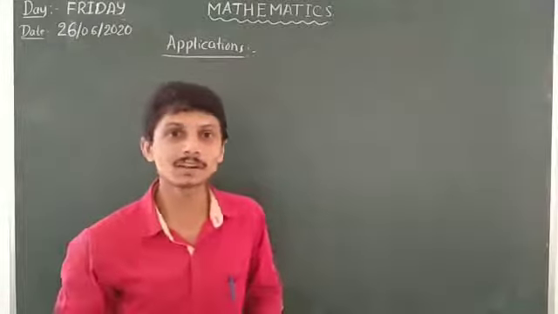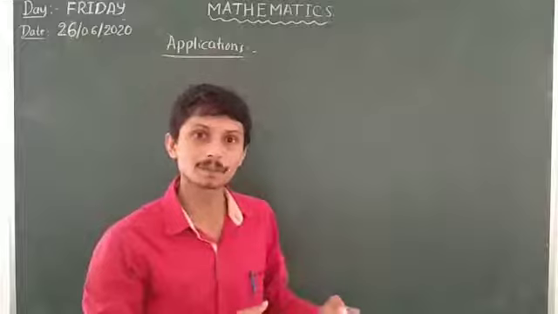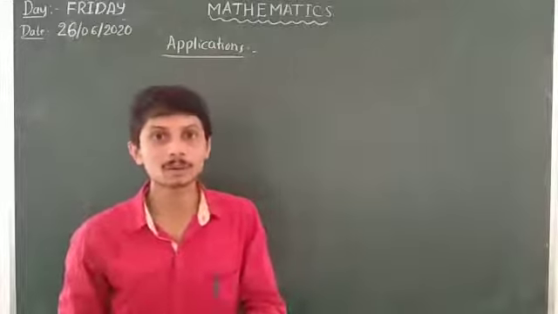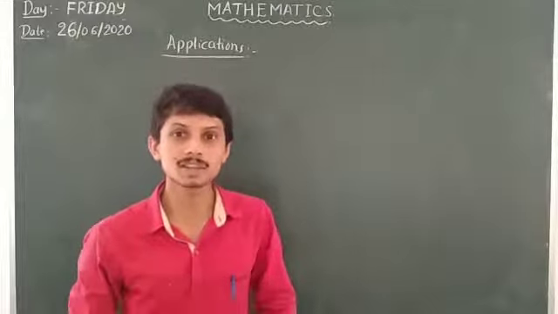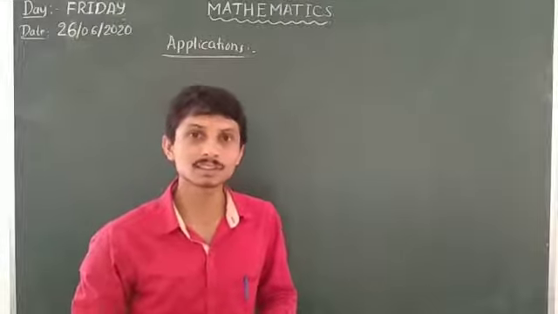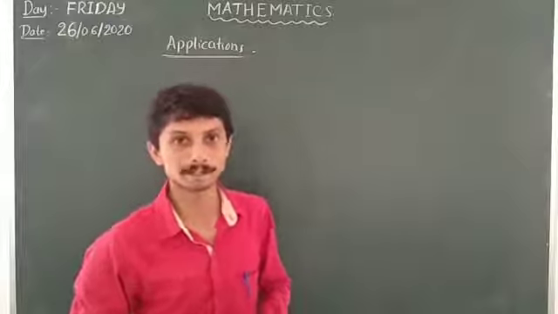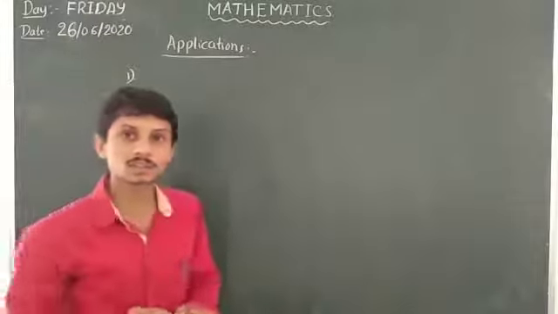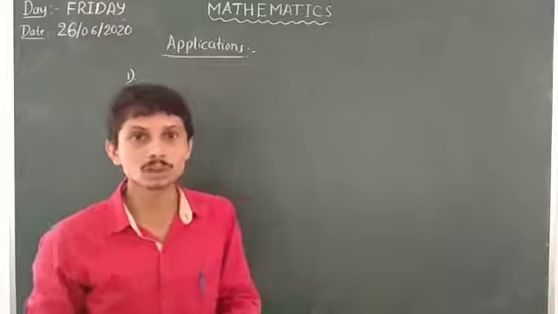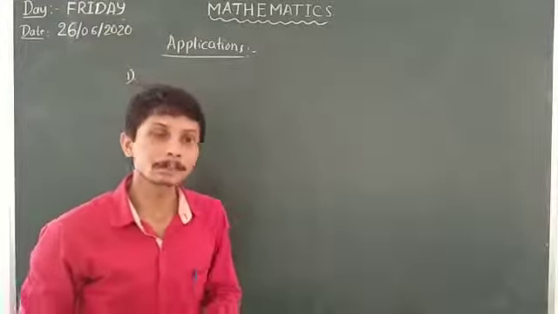So for that we have to convert those problems into the linear equation form, where the linear expression is on one side and the constants on the other side. So let us discuss by taking some examples. Firstly, I will take: two numbers are in the ratio 3:2. Their sum is 15. Find the numbers.